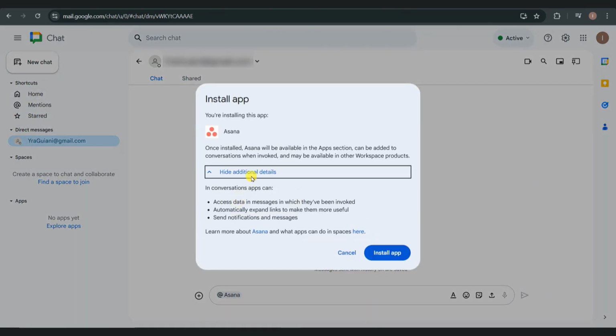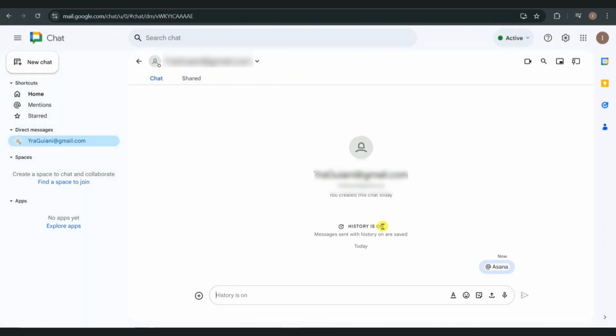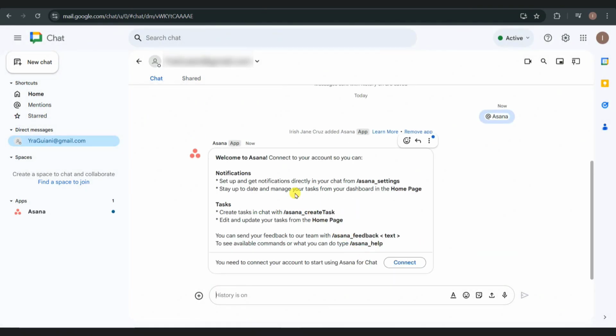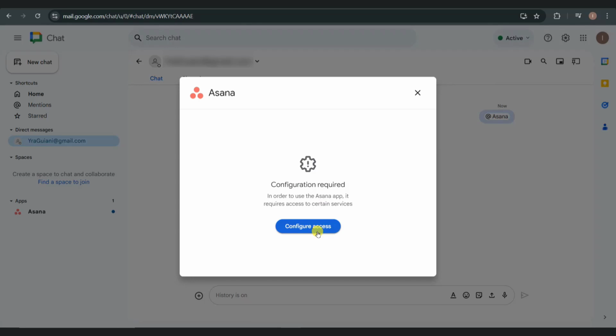and then this will pop on your screen. So make sure to confirm installing the app. And then after you do that, a response from Asana will pop. So in here, make sure to click on this connect button